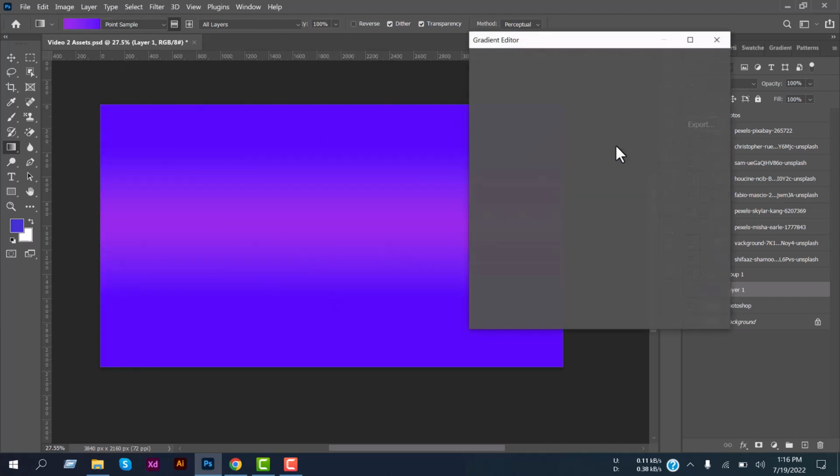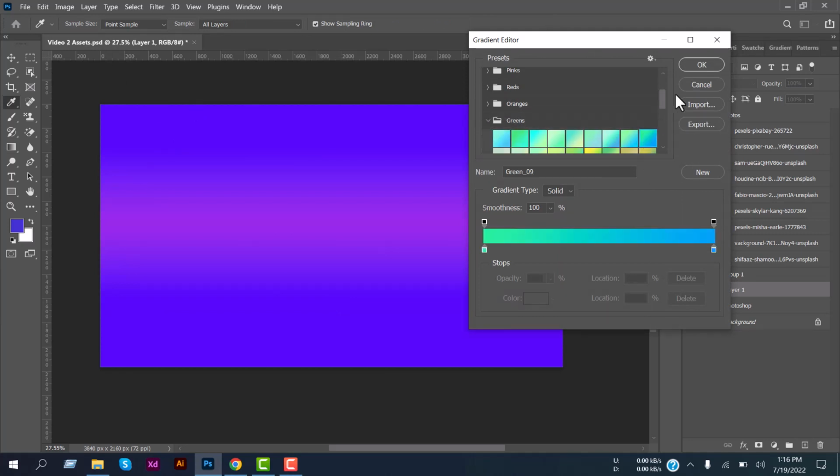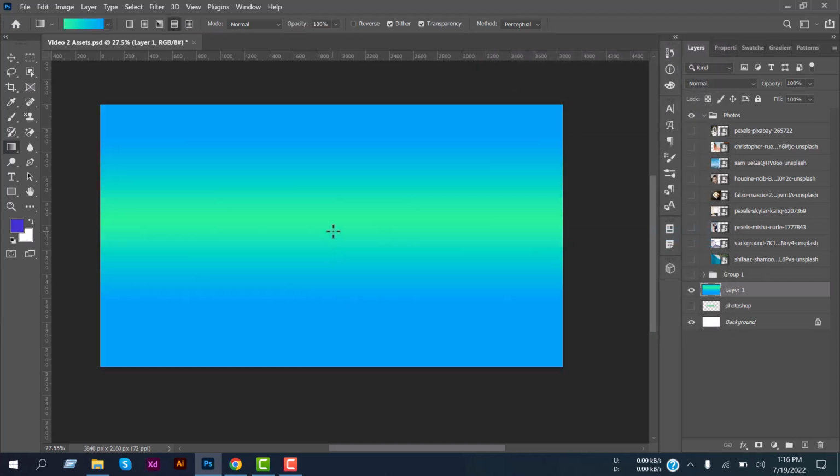You can also change the gradient to see the changes. See? And the last one is diamond gradient. This is how you can use the gradient tool,